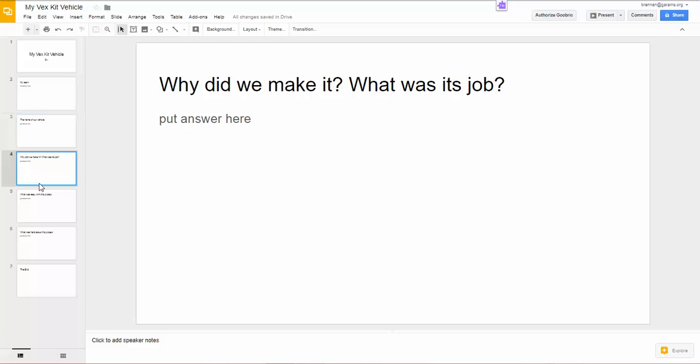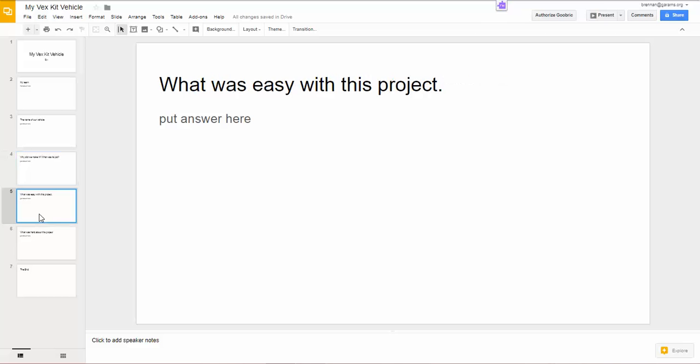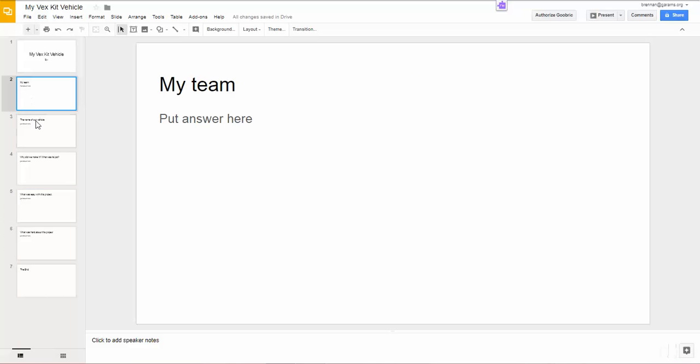This has to do with our VexKit vehicles. Where it says put answer here on each page, of course that's where you respond to the main title of each page, the header. After you've answered those questions, the second thing you're allowed to do is change how the